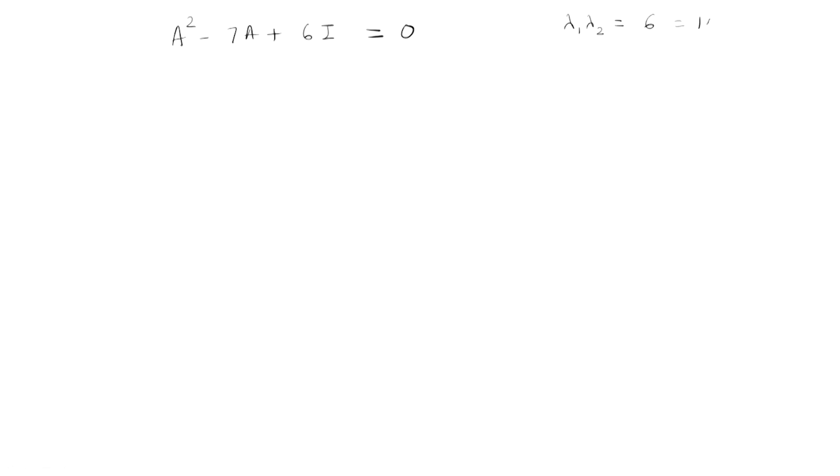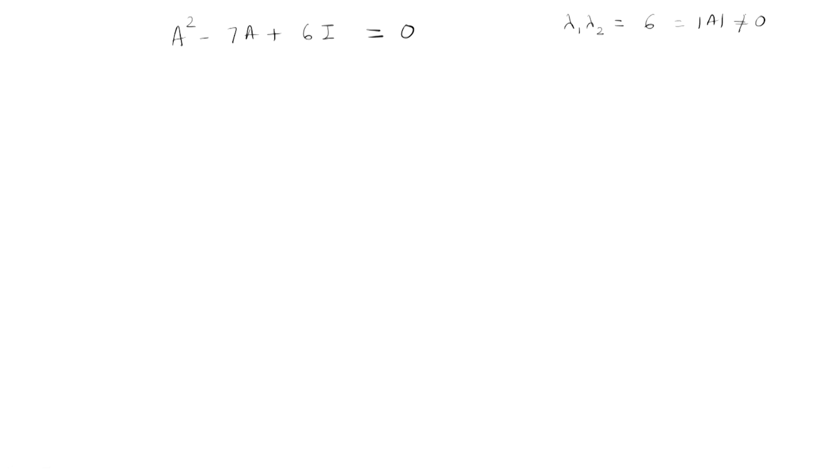So, for this matrix we have seen that A square minus 7A plus 6I is equal to 0. This we have obtained by Cayley-Hamilton theorem. Now, what is the determinant of the matrix? Determinant of the matrix is simply the product of eigenvalues, and the product of eigenvalues is simply given by the last term upon first term, that is 6, that is the determinant. So, determinant is not equal to 0, this means inverse exists.